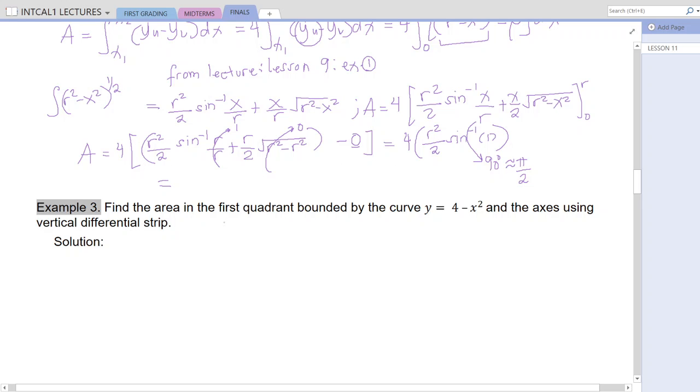we have that to be equal to 4 multiplied by r squared divided by 2, and that we multiply by pi all over 2. And that is equal to, this one will be cancelled, and what remained there is r squared pi, or if we are going to rewrite that one, that is pi r squared, and this is the area of a circle. Okay, so that is the area, in square units. Okay, so we have derived the area of a circle using integral.